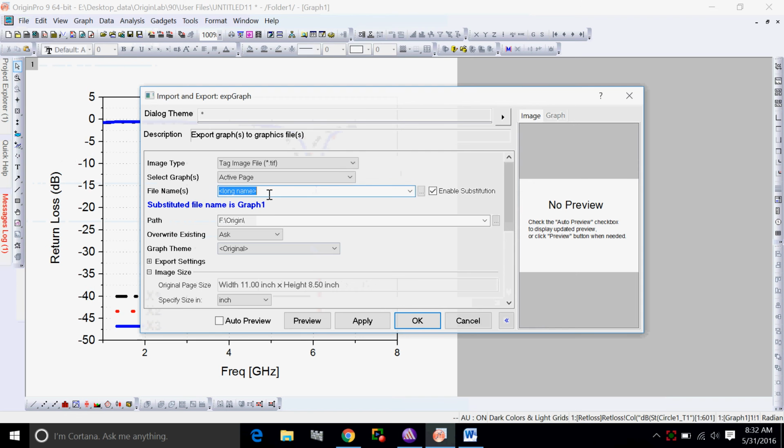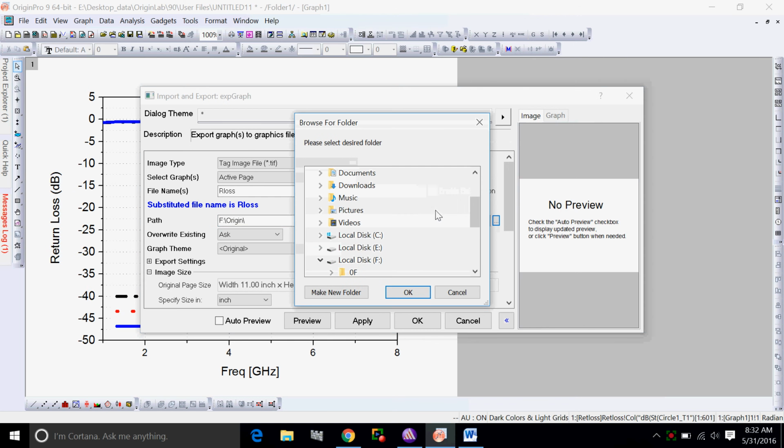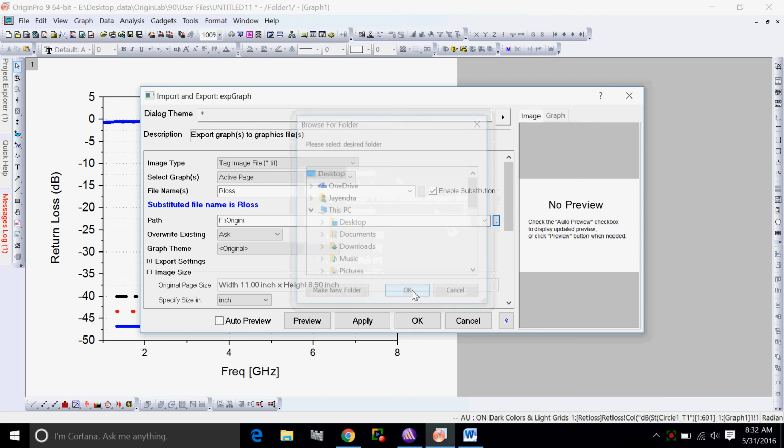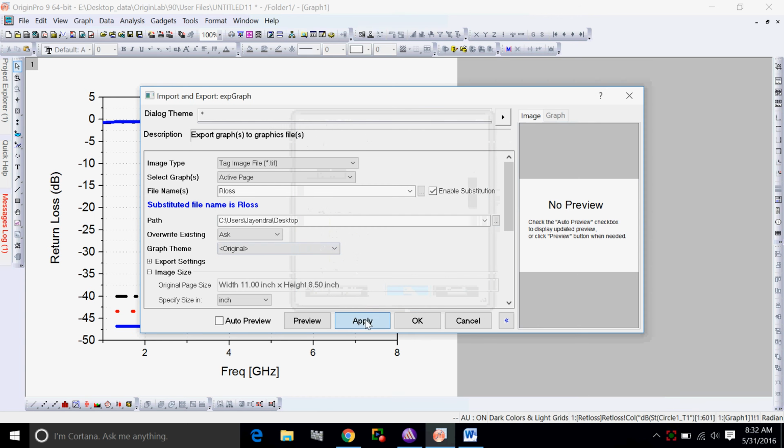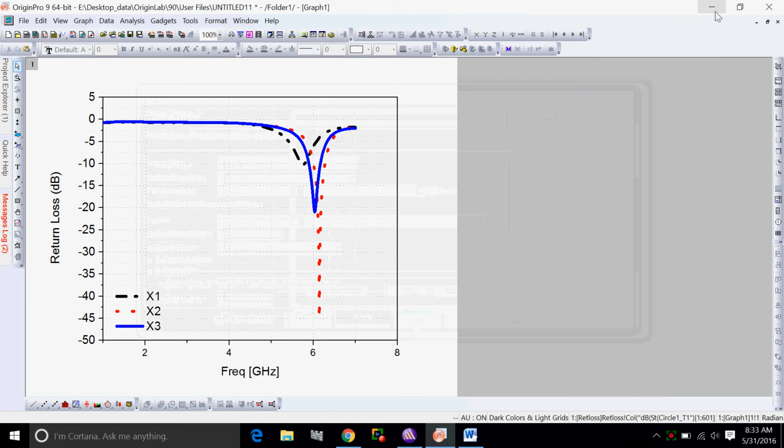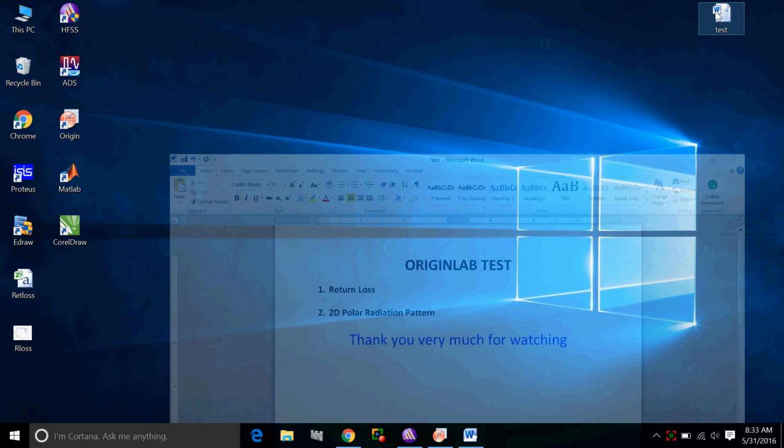You can put some name, rloss. You can choose the location where you want to save, desktop. Okay, so apply and done. So now we'll see the graph will be stored. See,